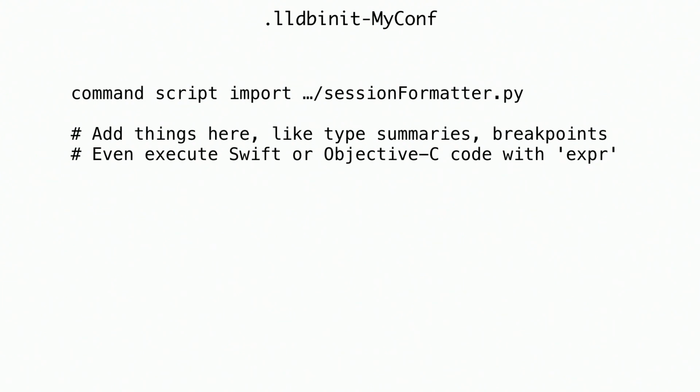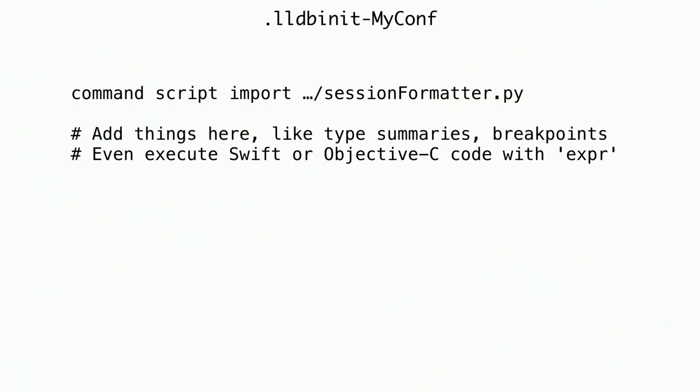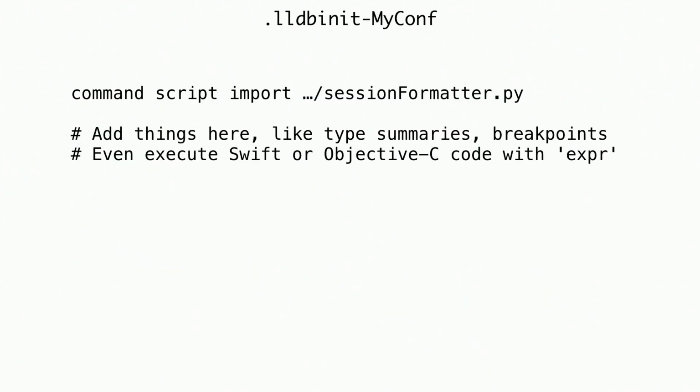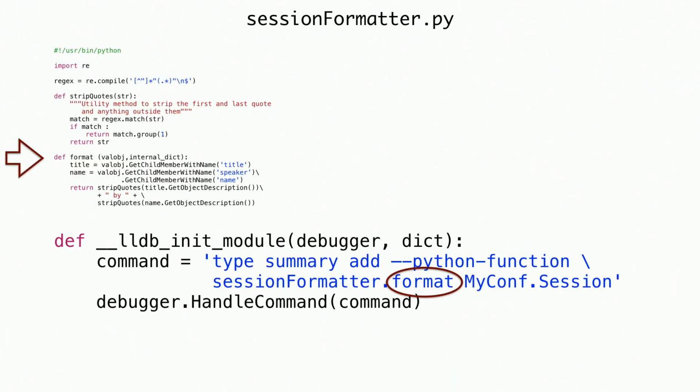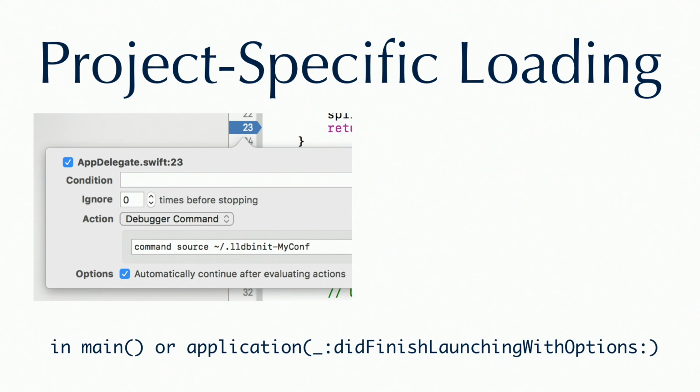Command script import, whatever the full file name that I wanted to fit on the slide, so this is the full file name, file package. Command script import session format.py. That's this file right here, that's what I'm importing. And again, importing this registers that function. So if somehow I import this file, that imports this file, that registers this method for that object. So the problem has now been reduced to, how do I import this file? I'm sorry, this file. And we already did that by setting a breakpoint and saying, okay, in breakpoint, command source